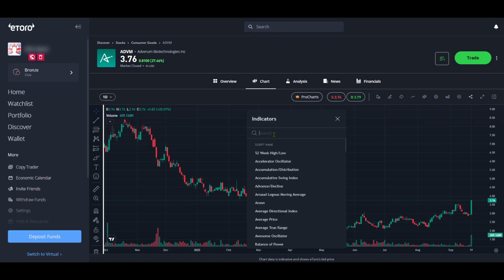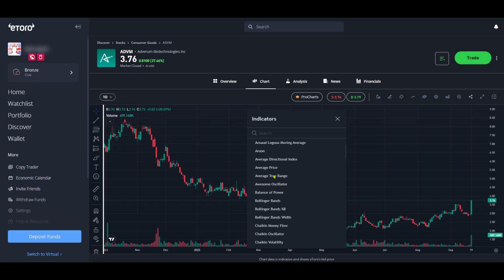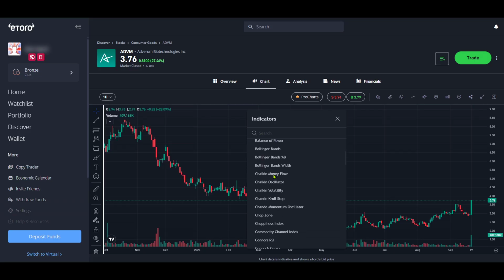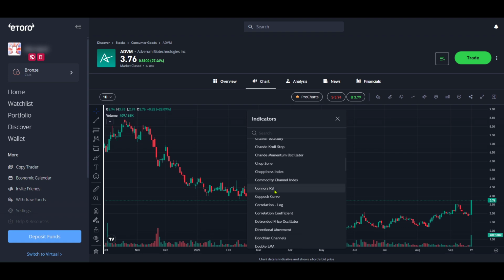Indicators option, which will often be found within your chart interface. Click on it to explore a variety of indicator options at your disposal. Whether you're seeking moving averages, RSI, or MACD, selecting the right indicator can provide additional layers of insight into your